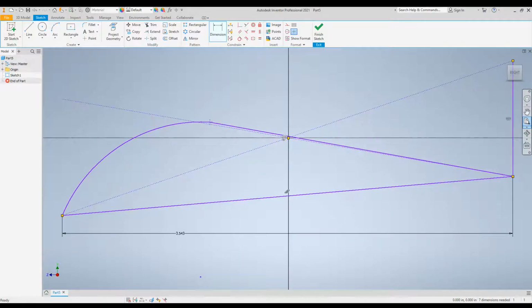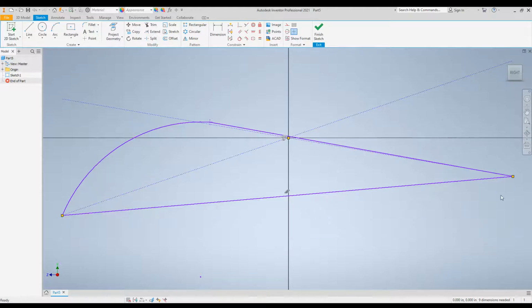All right, so going back here, getting rid of just some of these extraneous lines so they're not a distraction. Oh, I'm still in the dimension tool. All right, and then these guide lines are still here from the rectangle, so I'll just get rid of those too. All right, so we have essentially the side view of the wing right here. So we're going to finish the sketch